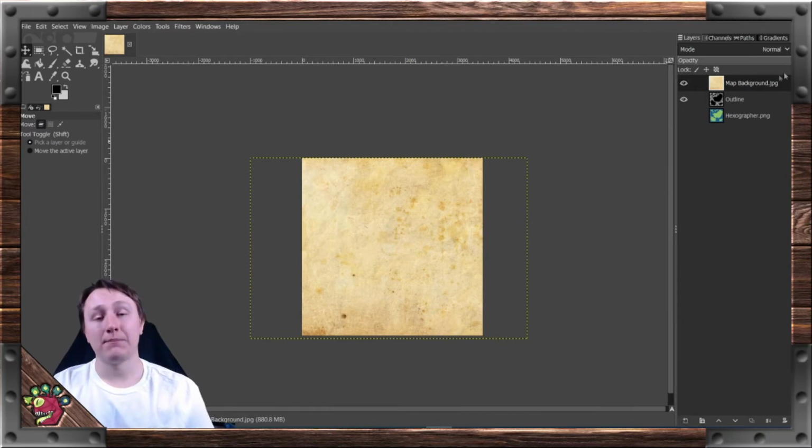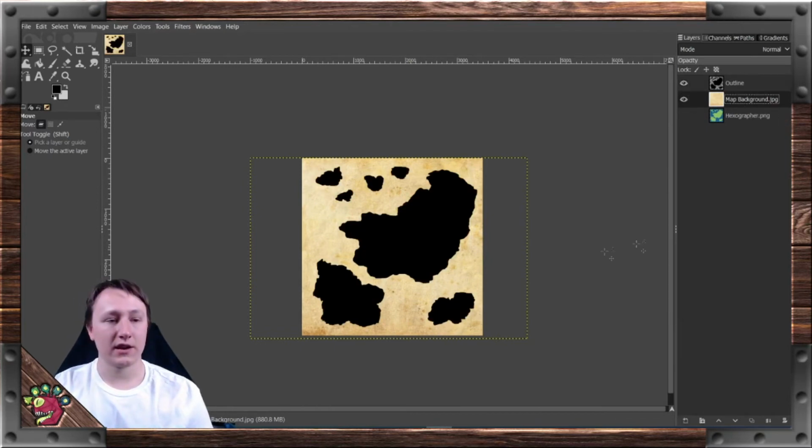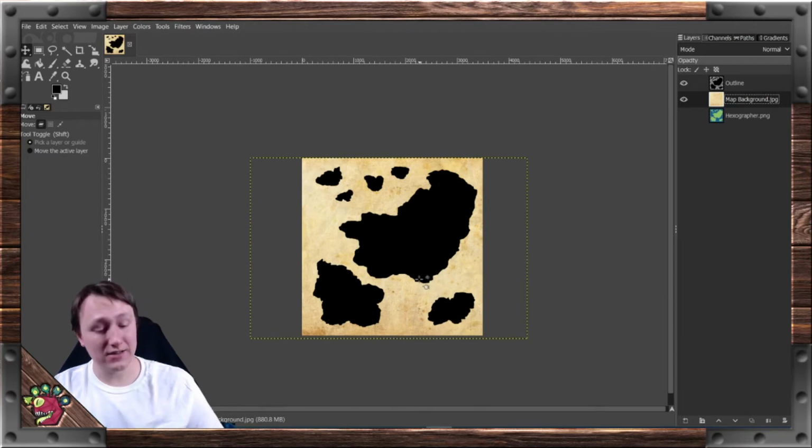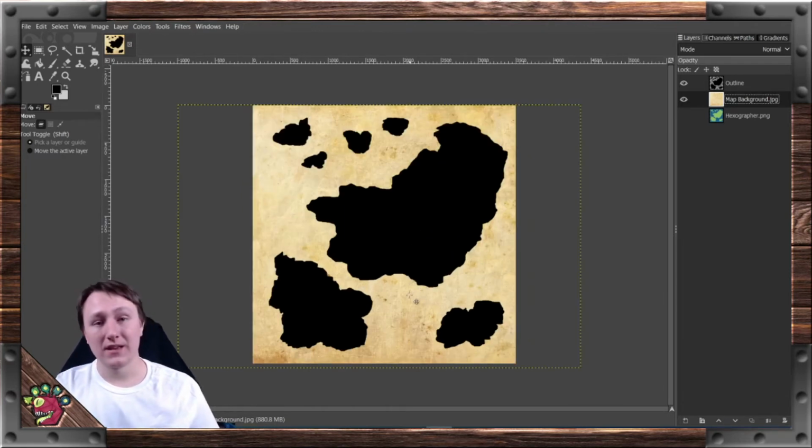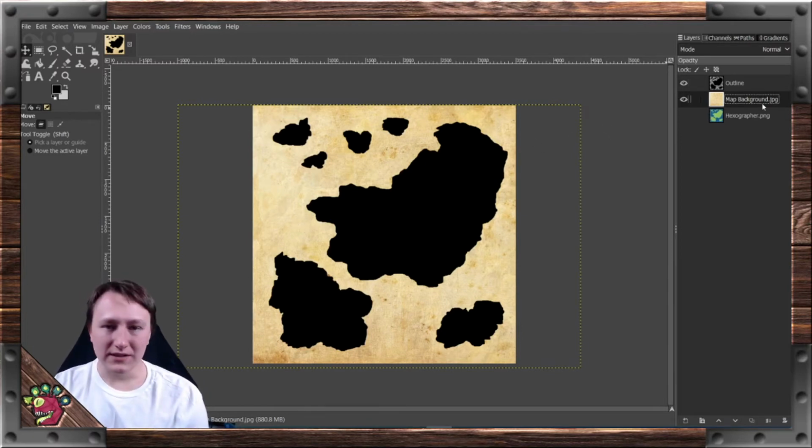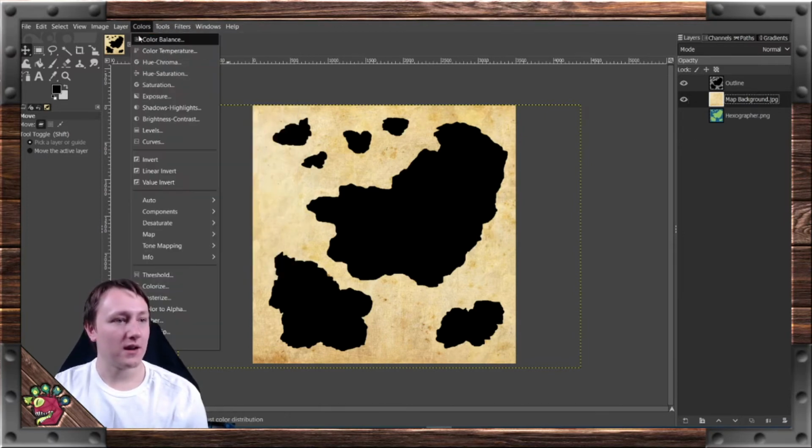Now I have the matte background layer set. I can drag it wherever I want under each layer, and look at that. That is starting to look like a map. Now obviously this layer is supposed to be blue because it's a sea, right? So what we're going to do is select the matte background layer, go to Colors,